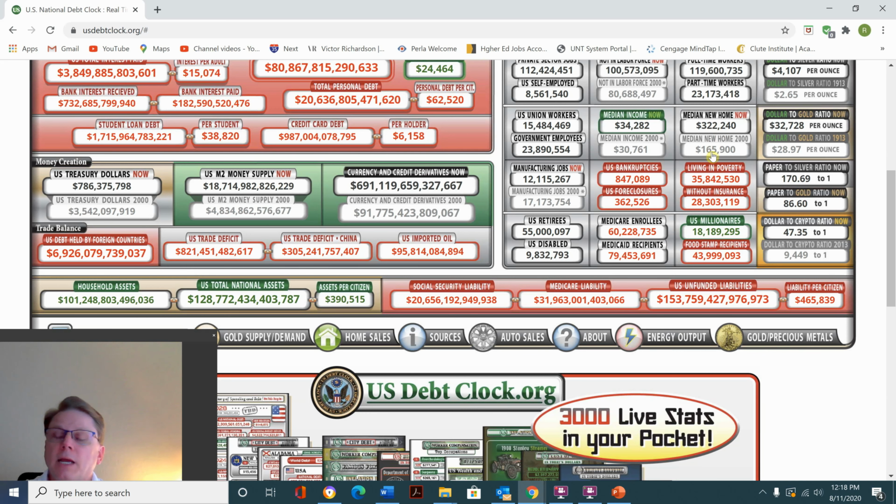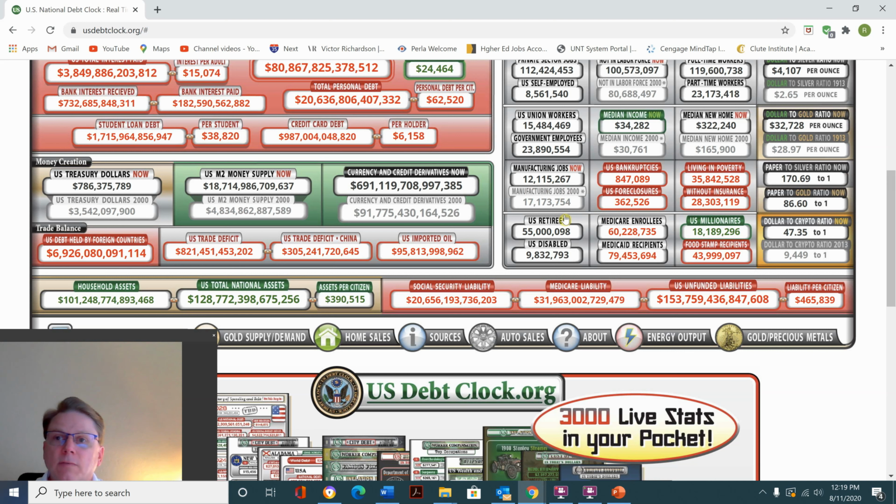And then the median house in 2000 was only $165,900. So the price of houses has nearly doubled, where the income has only gone up by about 12%. So you have a 100% increase in housing costs with only a 12% increase in wages. You can see how many people are living in poverty, how many don't have insurance, bankruptcies, manufacturing jobs now